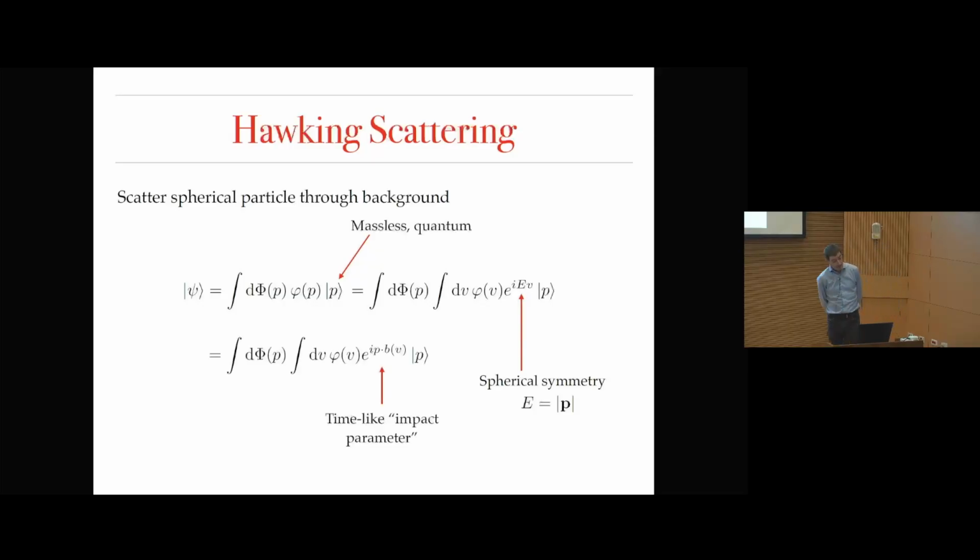Okay, now we can again rewrite this in a form that we're familiar with. So I've written this exponential here as e to the i p dot b. That's a form that I see when we're considering scattering off Schwarzschild. So the b here is something like an impact parameter, and the only novelty really is that the impact parameter is time-like rather than space-like. Normally we have some space-like separation from a black hole, but here the particle just goes straight through the origin some time before the black hole forms. That's the main novelty really, that you go through the origin.